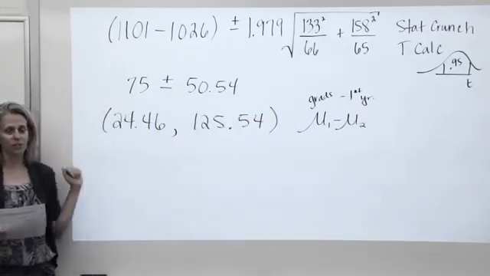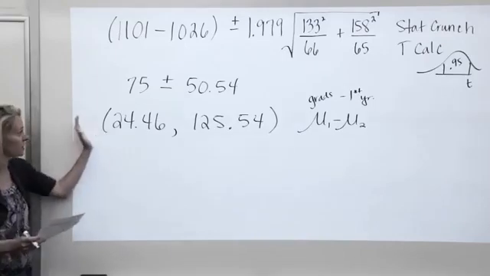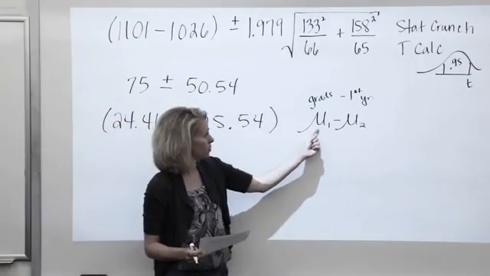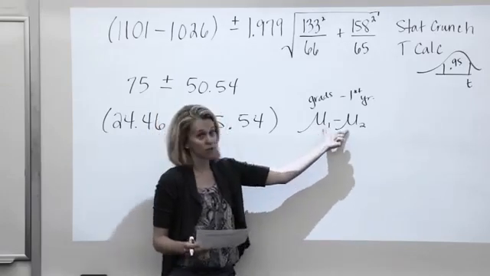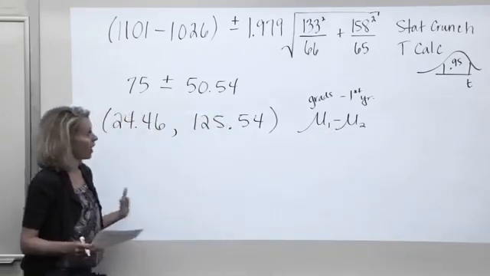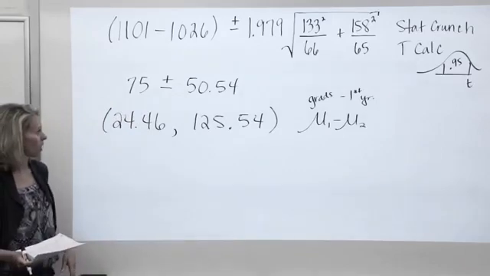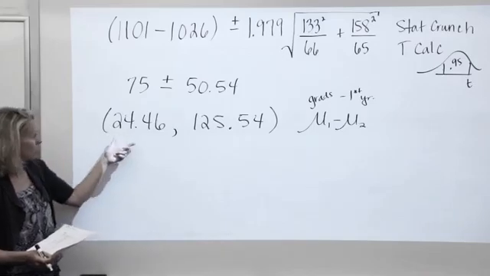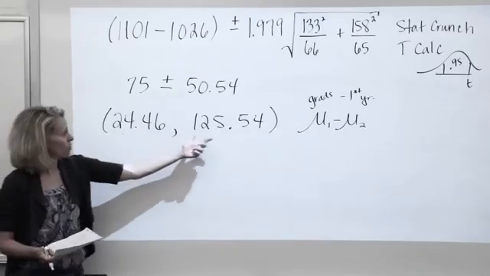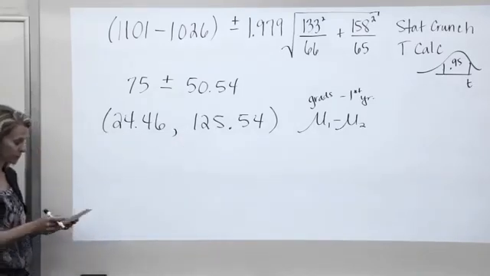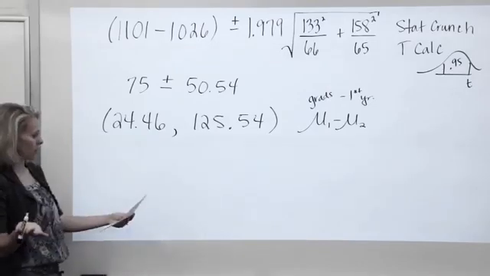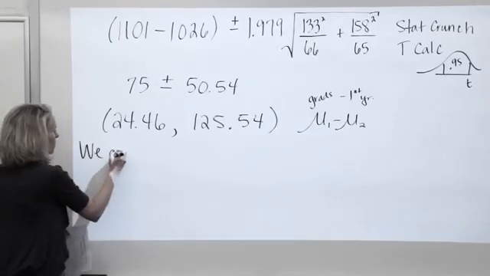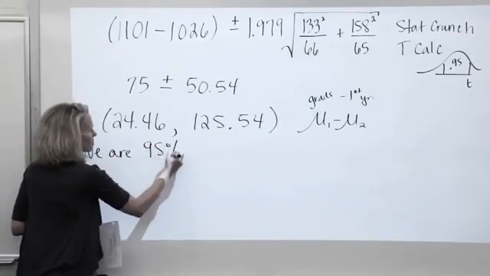Does that interval contain 0? It does not, right? This entire interval is positive, which would indicate here that grads perform better than first year students. This difference is always going to be positive. How much better do graduates perform than first year students? On average, they performed somewhere in the range of 24 to 125 points better. And we can say that with, I believe this was 95% confidence. So we are 95% confident